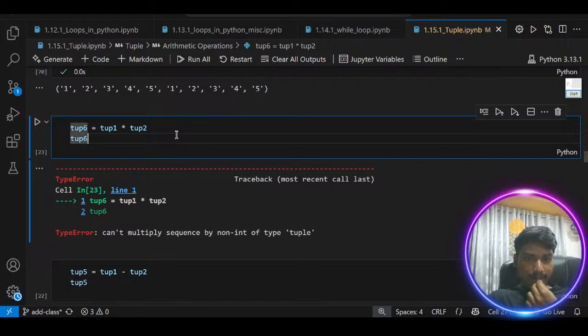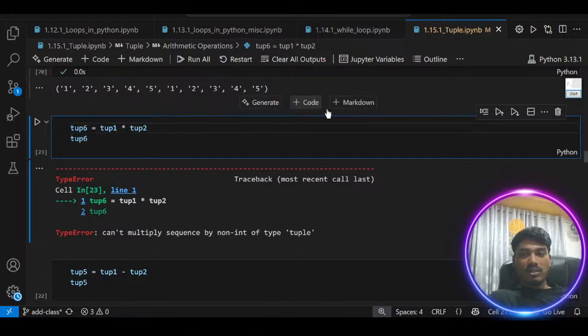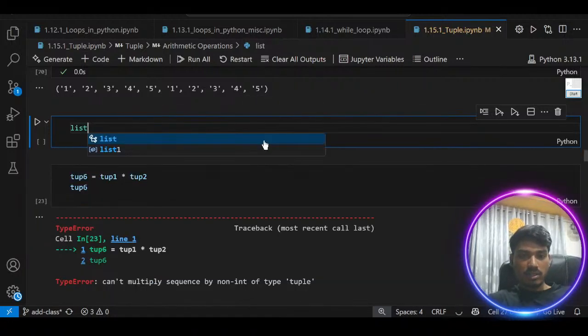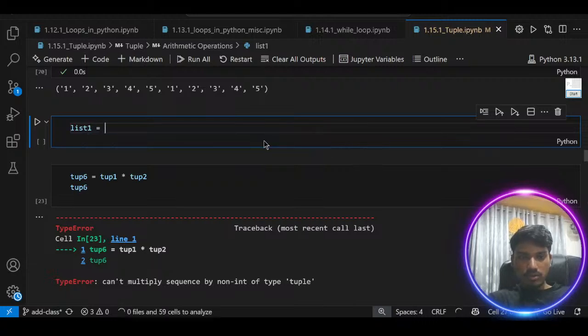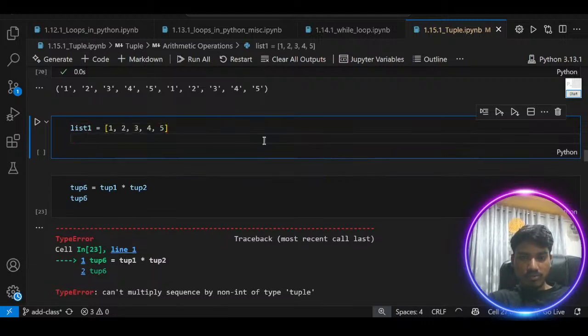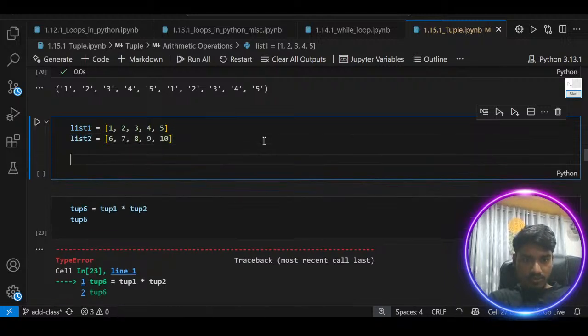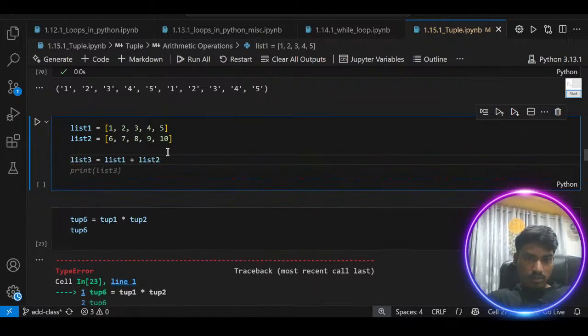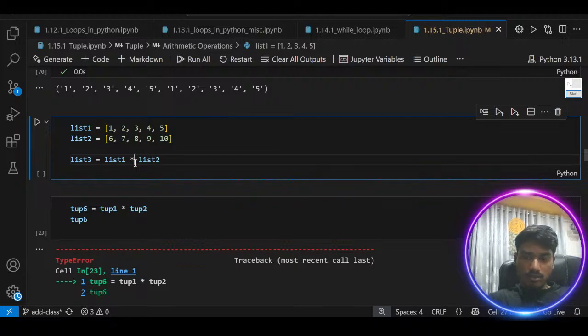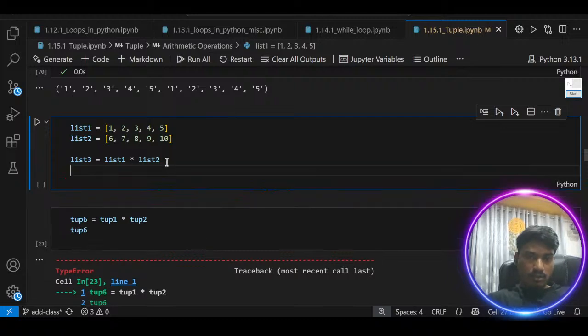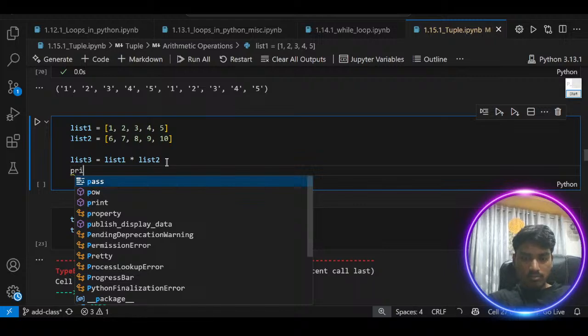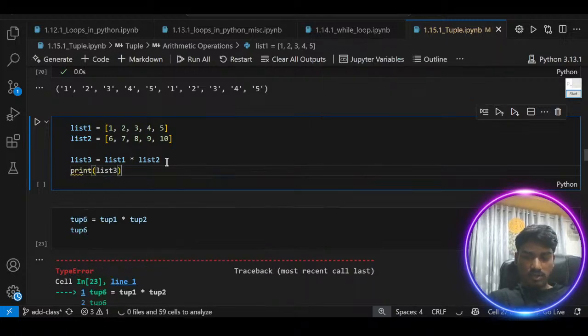Another thing is you cannot really multiply one tuple with another tuple. Whereas if I take lists, list 1 is equal to 1, 2, 3, 4, 5. List 2 is equal to something, and if I say list 3 is equal to list 1 times list 2, instead of plus,